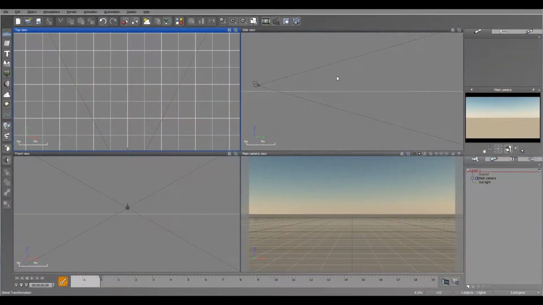We'll continue exploring Vue 11, and we look actually at the effectors for the particles. Effectors are a special type of force that can influence the behavior of the particles. Let's go ahead and first we'll create